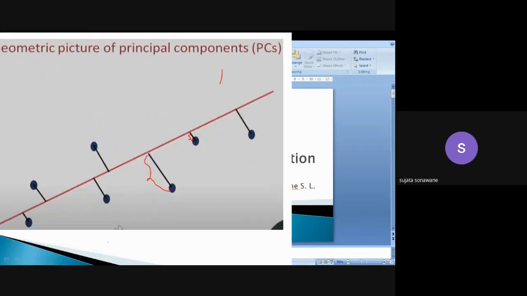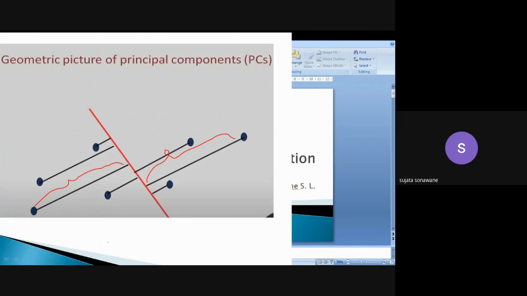Okay. Now just consider that this is our first principal component, and with the help of this first principal component, we will take the second principal component. There are certain properties that we have to follow when we consider the principal component. Just consider that here we have drawn an axis, that red line axis. That is our principal component, and we have to map all our points onto this axis.